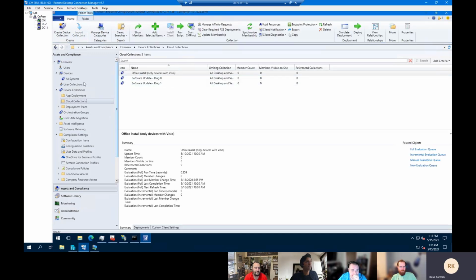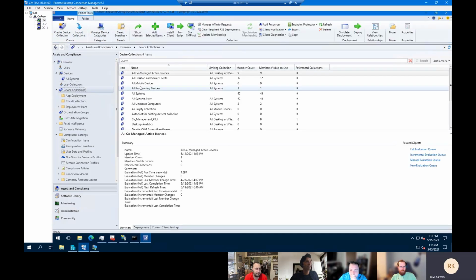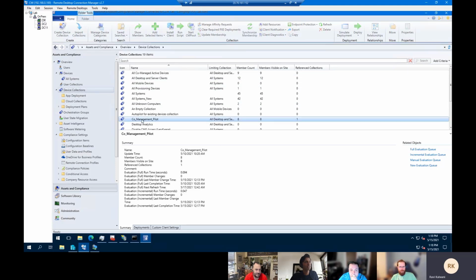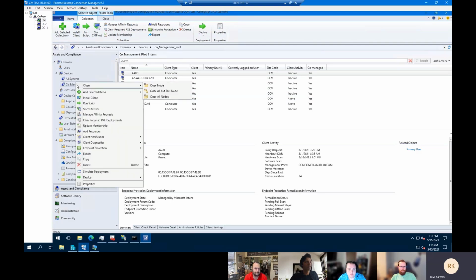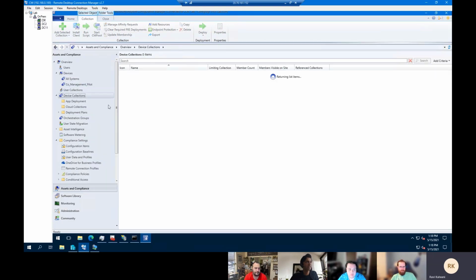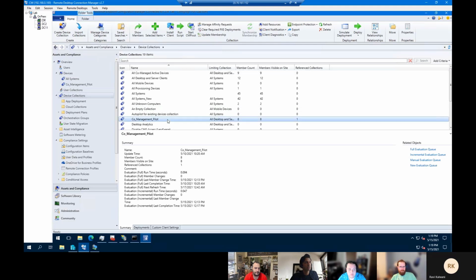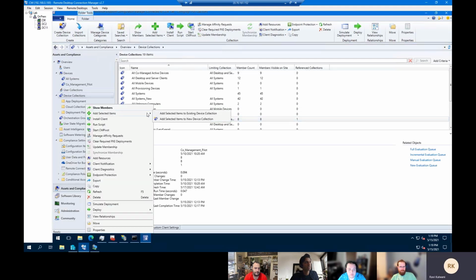I think it's over here. Probably not. Co-management. There it is. Right there. Yeah. So if I open this up, I would not see Win10 DJ2, which is as expected. So I'm going to say right click, or actually I click, add,